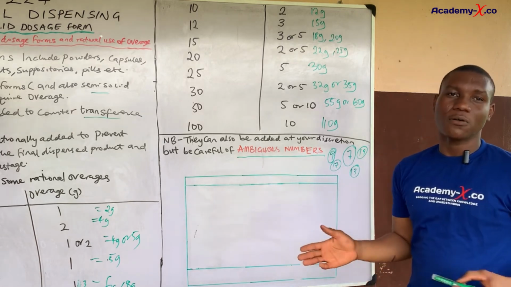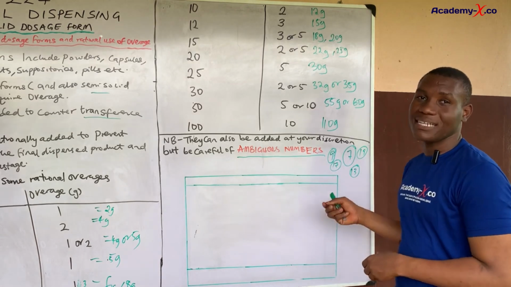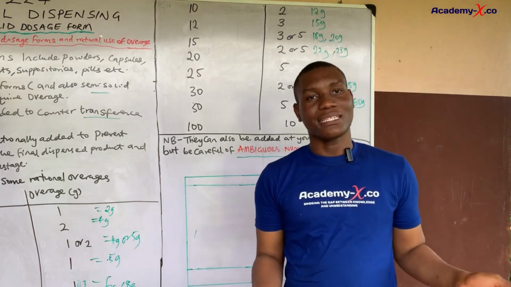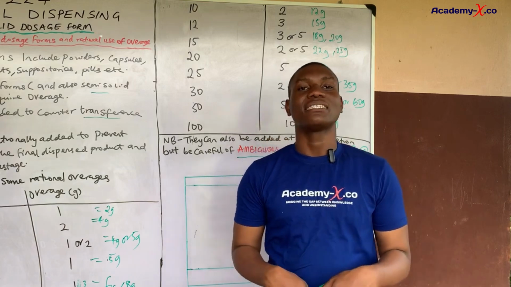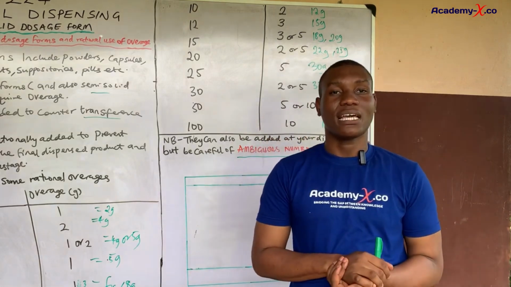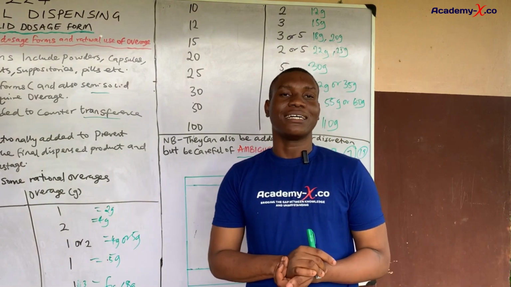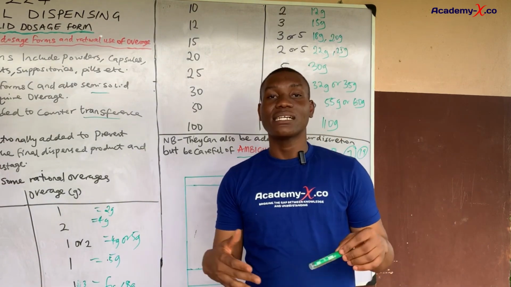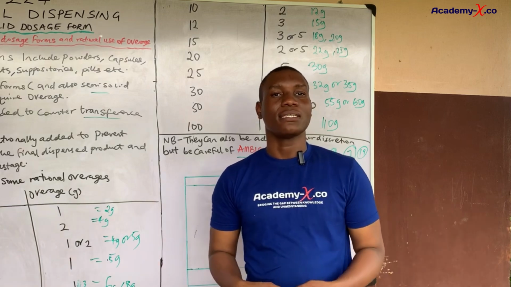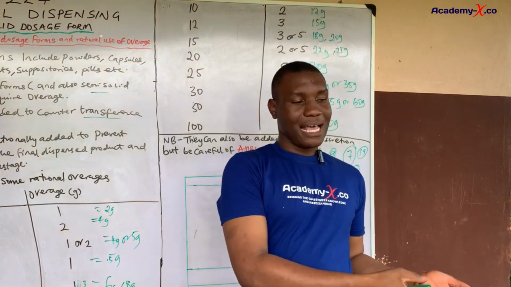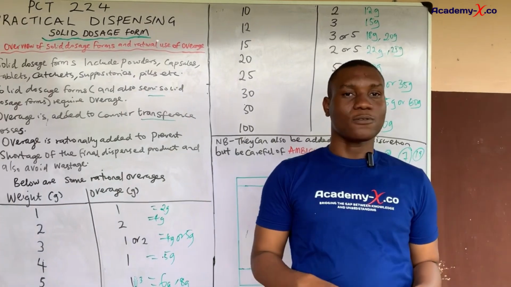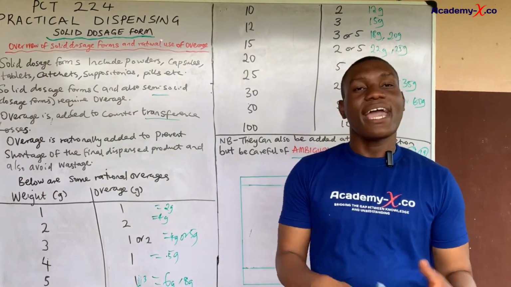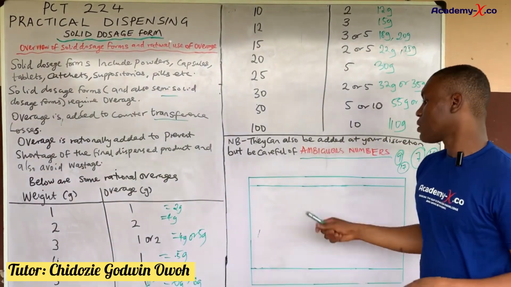So you can find out other ones. But this type of numbers, why we don't use them is because if you divide it with something in your multiplication factor, you might get very ambiguous values. The values can actually have many recurring decimal places, and it creates more errors in your dispensing practical and even in your normal preparation. So that is why we normally like to use overages that are easily divisible by any number. So let us look at